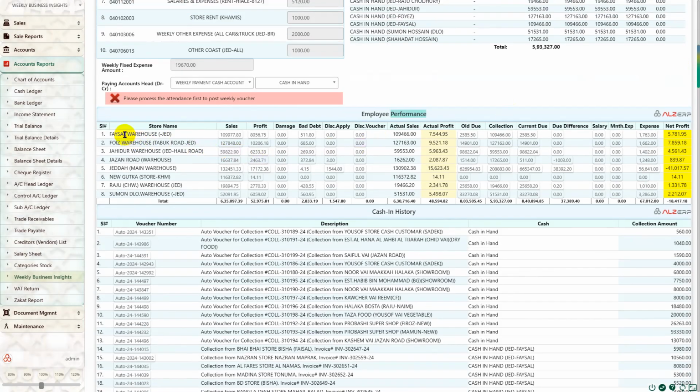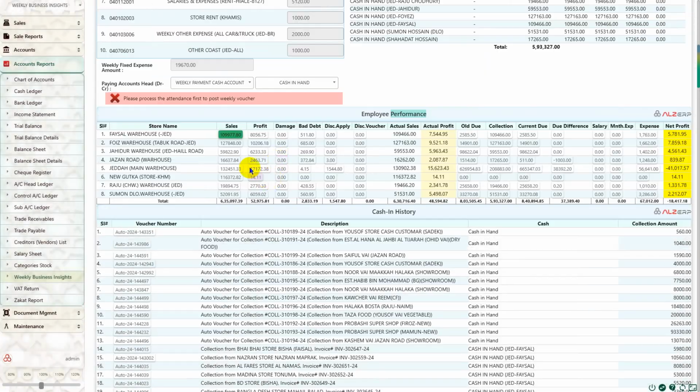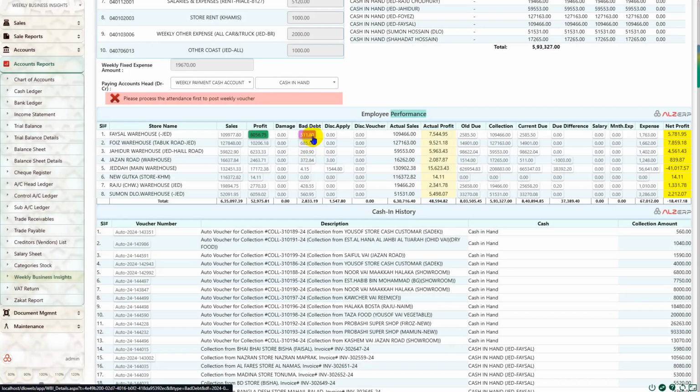For every salesman or every sales team, there is performance analysis, what is their total sold amount, and here are all the reports they need for the sold amount, like product wise total sales and actual total product wise profit the salesman made, and what is the bad debt amount which the customer will never pay, and actual sales amount, and what was the old due amount from the customer, and what is the new due amount after all the